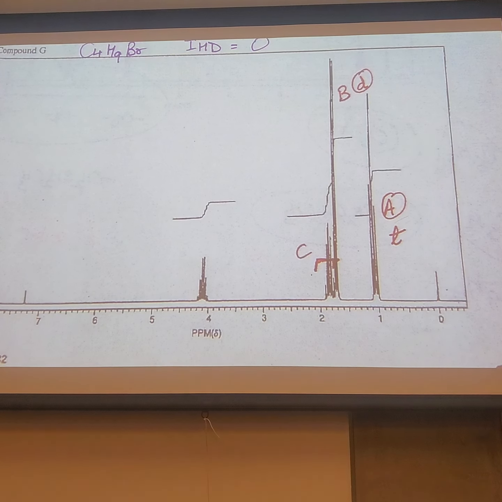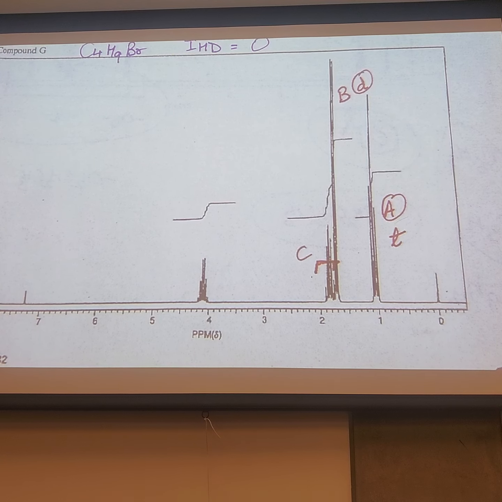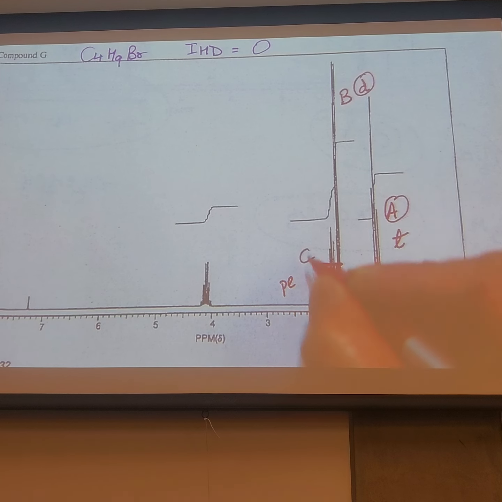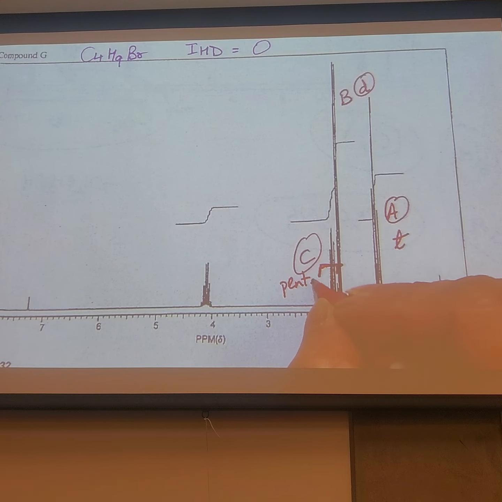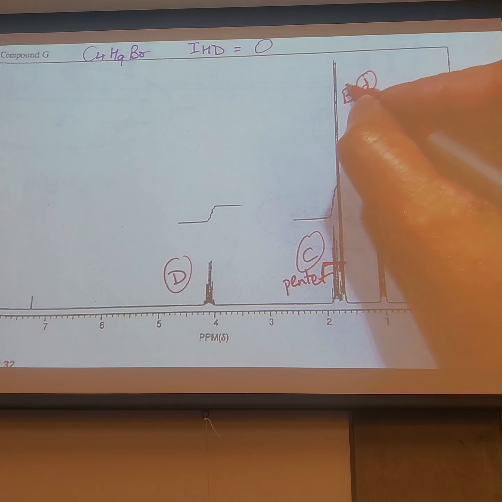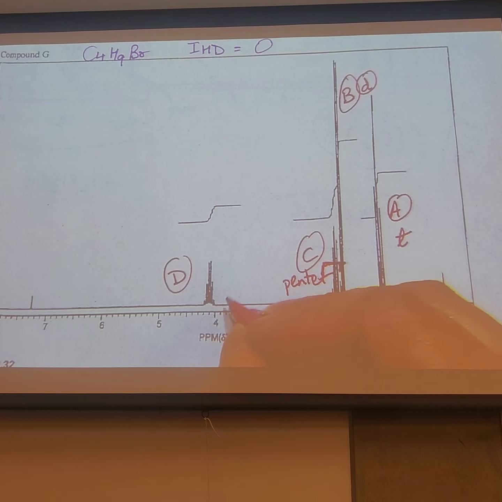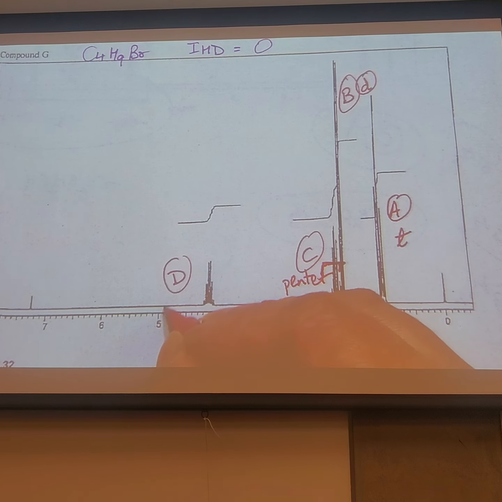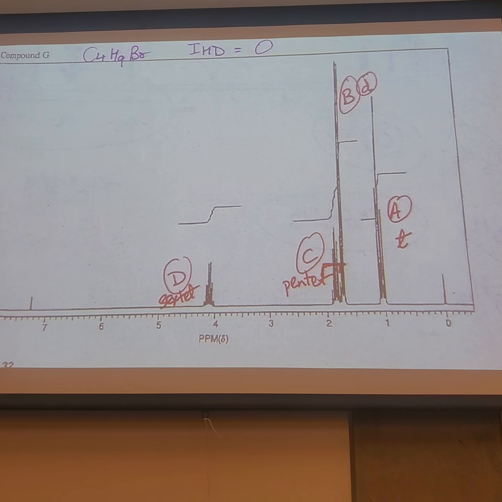Yeah. Okay, cool. And then there is another signal. What is the multiplicity that you can see of signal D? Sextet. Do you all agree? 1, 2, 3, 4, 5, 6. Everybody okay? Okay, let's measure the